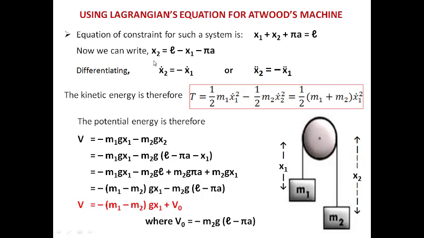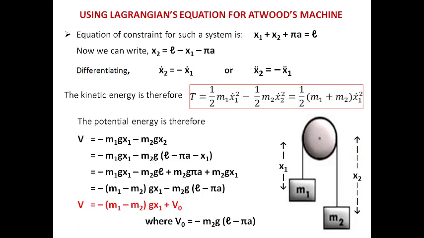So now you differentiate that equation. We already know L and pi a are constants, which means that if I go with first order differentiation with respect to t, I have the term dx1 by dt, simply represented as x1 prime. So x2 prime means dx2 by dt, and x1 prime represents dx1 divided by dt.